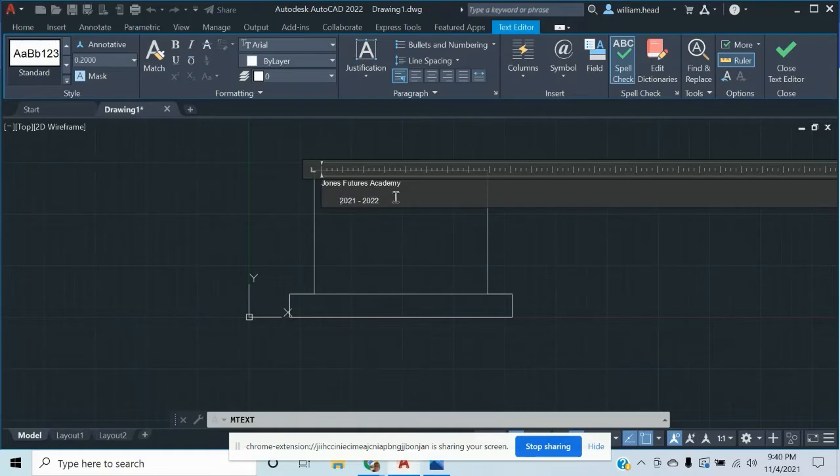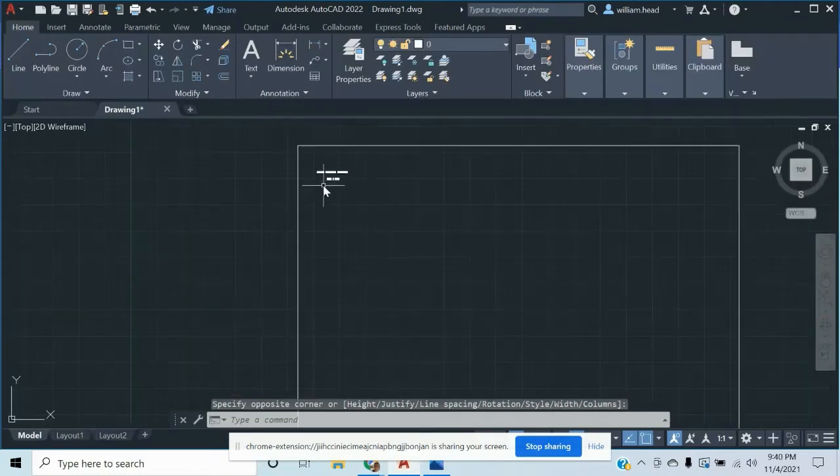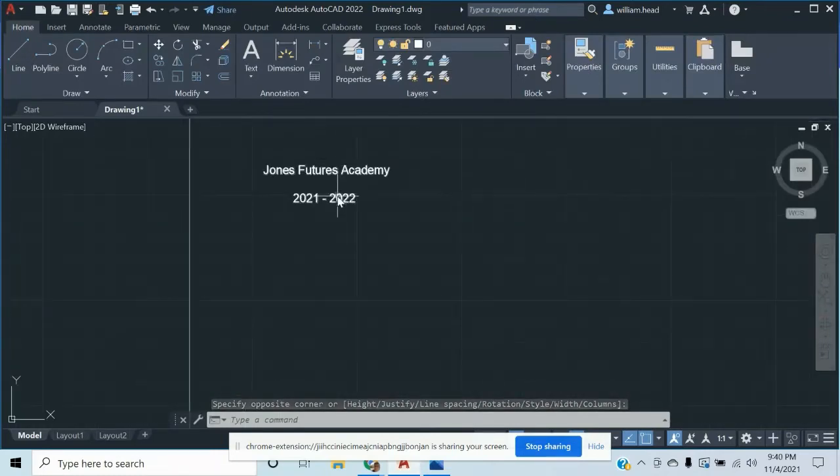Okay, well, I want to finish this. I want to finish my text, but when I click enter, it keeps going down. So that's not what I want. How do I finish it? Well, all I have to do is just click over here. So just click. There you go. The text is right there. Looks so good, but